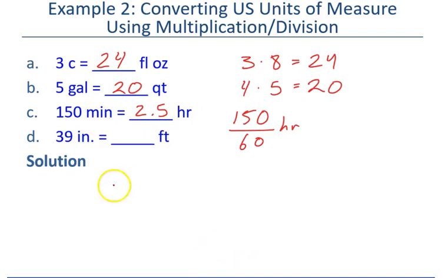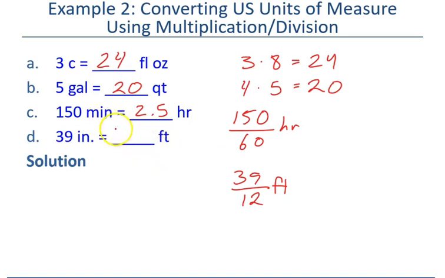Okay, same thing here. Let's look here. We're going to go from 39 inches is how many feet? Once again, we're converting from a smaller unit to a larger unit. 39 inches, well, how many inches are in 1 foot? Well, there is 12 inches in 1 foot. So let's just put our feet over here, and I can use my calculator again and go 39 divided by 12, and that's going to give me